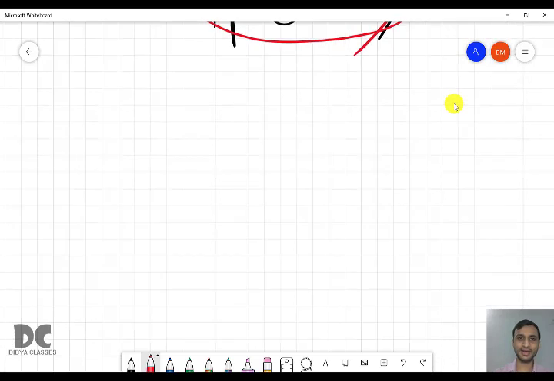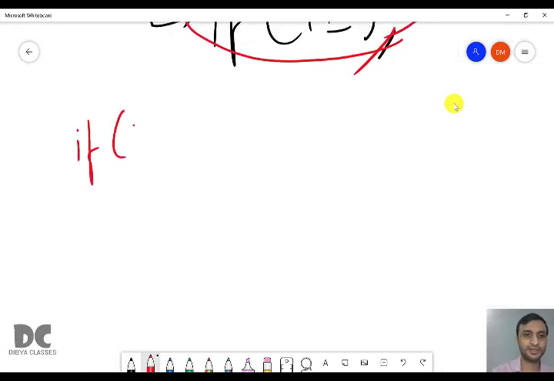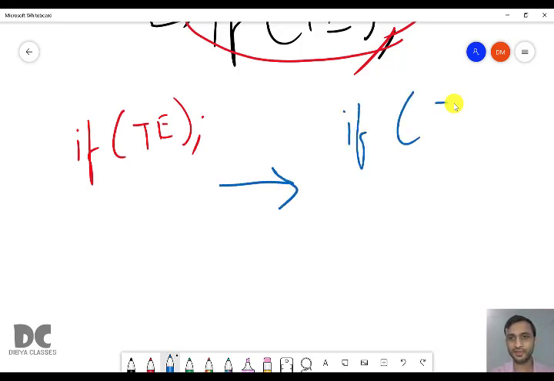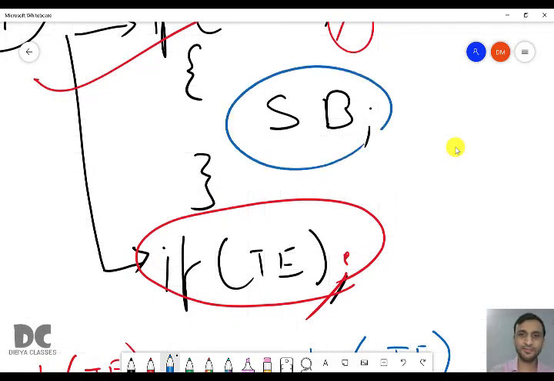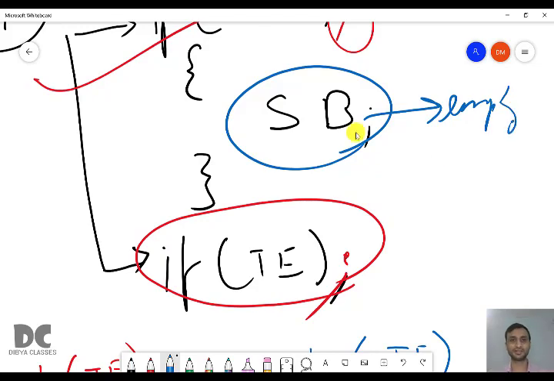So if someone writes if test expression semicolon, this means if test expression curly brackets, and within these curly brackets there is nothing. Means you can say that the statement block is empty. Means there are no statements inside these curly brackets.